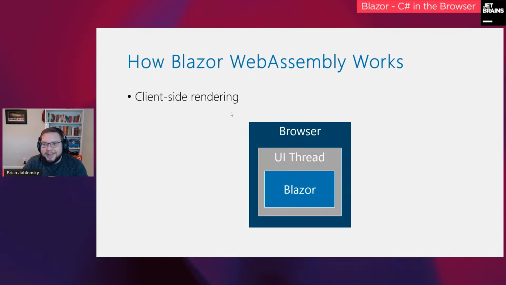So cool. You might want to say, okay, well, I understand how traditional web servers work with server-side rendering, but how does Blazor WebAssembly really work with this whole client-side rendering, running a .NET framework in the web browser? How does all that work? So, with traditional client-side rendering, you have the browser, you have some type of UI thread that's responsible for managing, updating the DOM and talking to something like a service or your web app, all of your logic in your code, and Blazor sits inside of there.